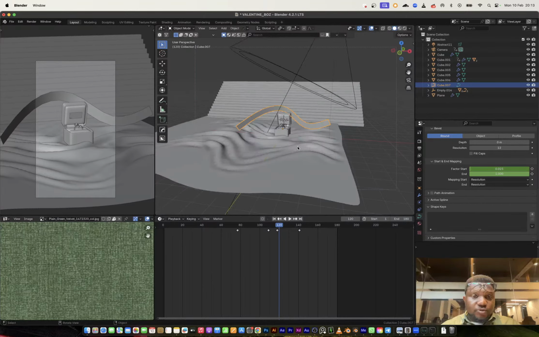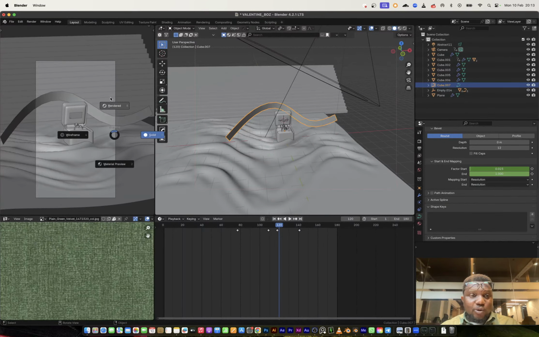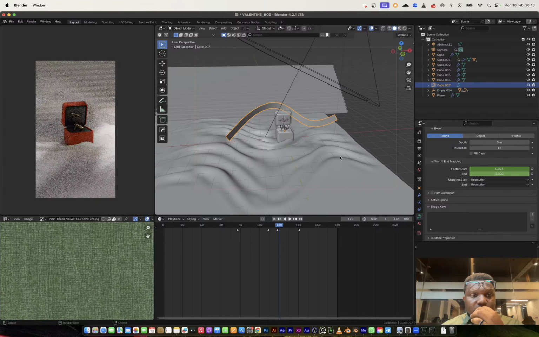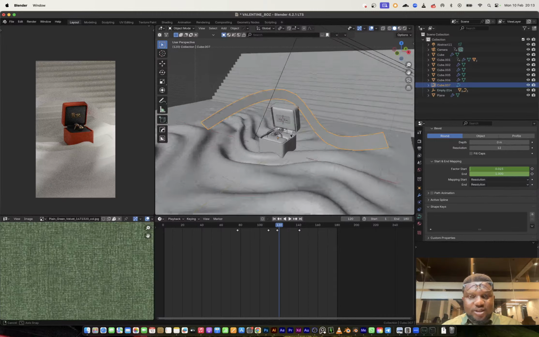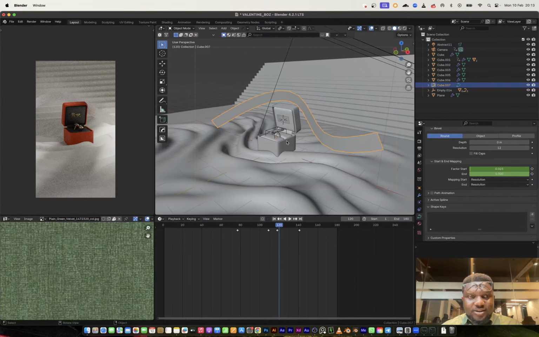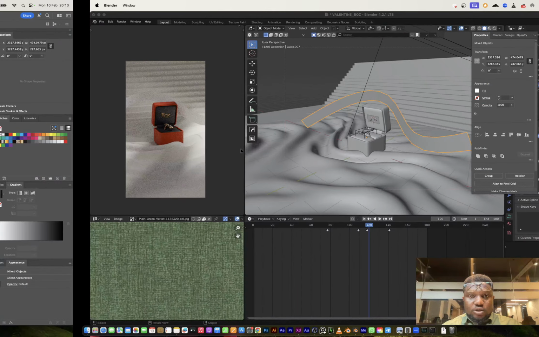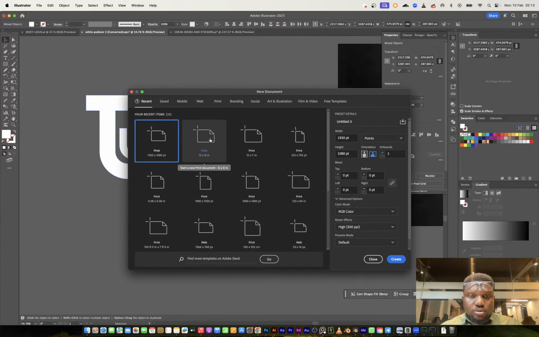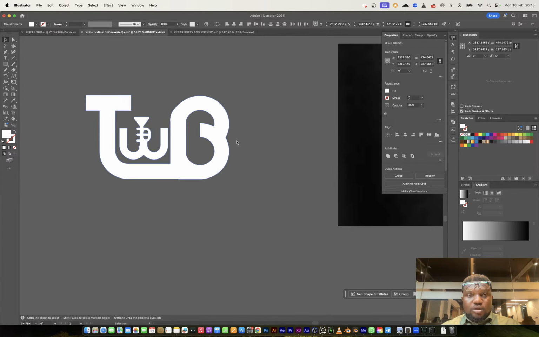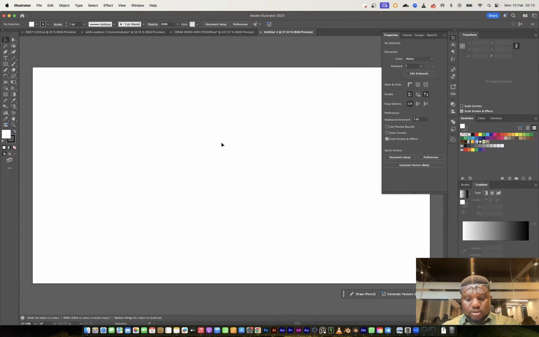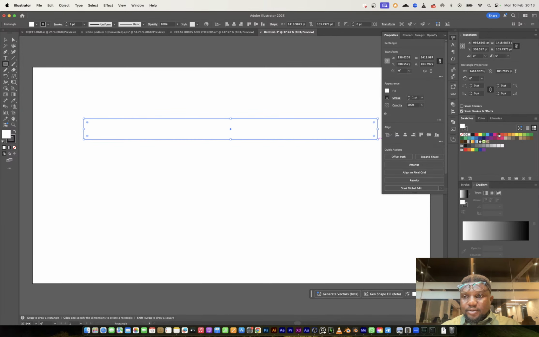Okay, so I think I want to face the texturing a bit more. Just making sure I get a good environment. This is not a good environment, I can categorically tell you that. But I think I want to go to Illustrator and just create something for that ribbon. Let's do this. We'll do this. Come on, come on, come on. So we have this right here. We bring in